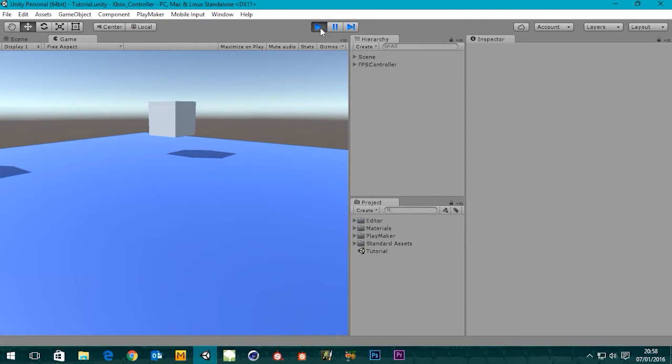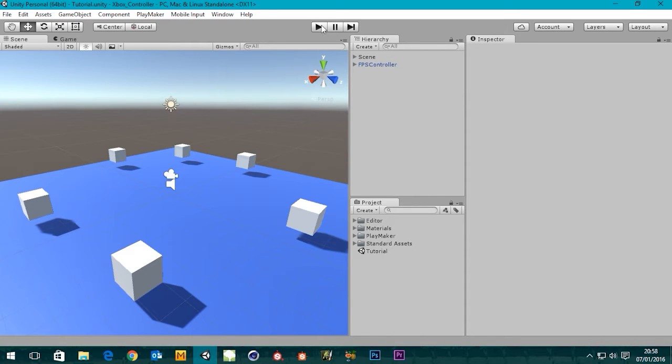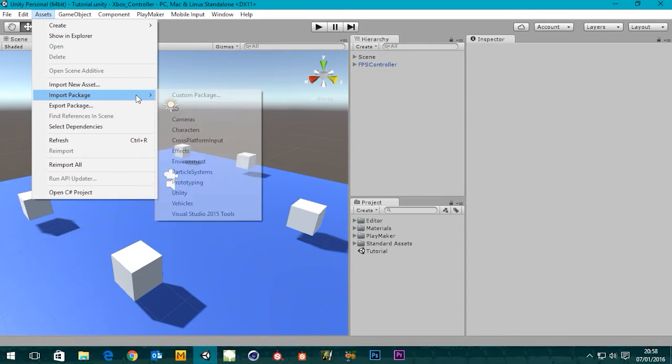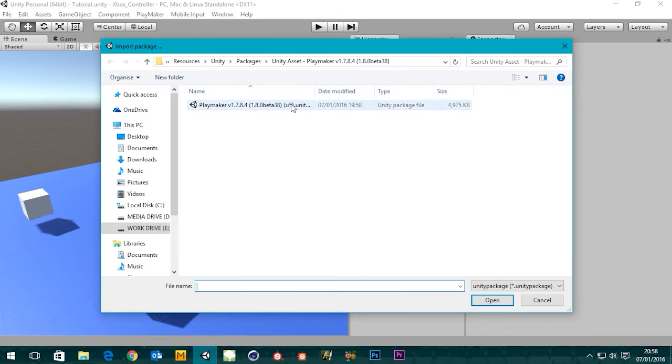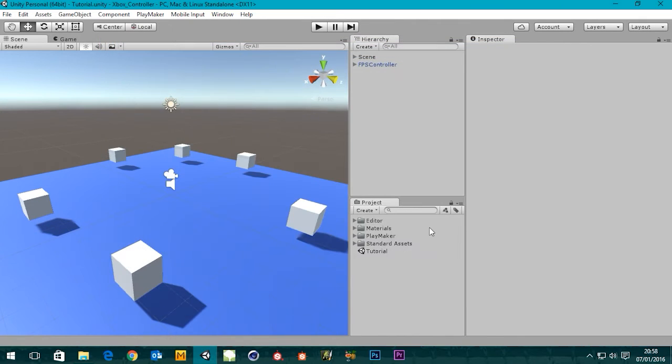So I'm going to set my B button up to be a crouch, and I'm going to show you how to do that via visual scripting. So what you want to do first is install Playmaker. I've actually got a package, I think, so I went to Assets, Import Package, Custom Package, and there's my Playmaker. I double-clicked on that. I've already done that. You'll be doing the same thing, or downloading it directly from the store into your project. And what it does is it creates this menu here with a welcome screen, and it also creates this